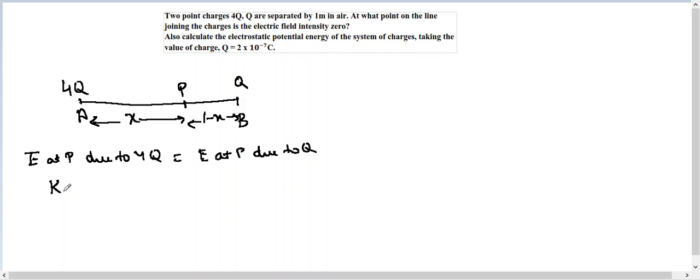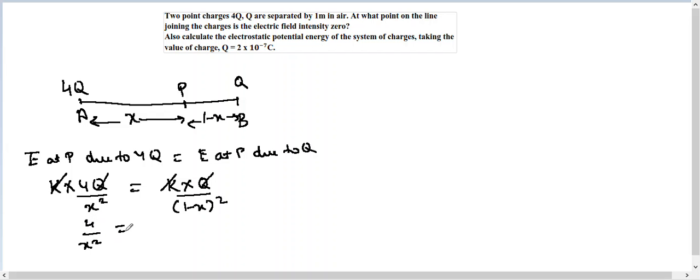Therefore, K into 4Q by x² is equal to K into Q upon (1 minus x) the whole squared. Cancelling these K's and cancelling these Q's, 4 upon x² is equal to 1 upon (1 minus x) the whole